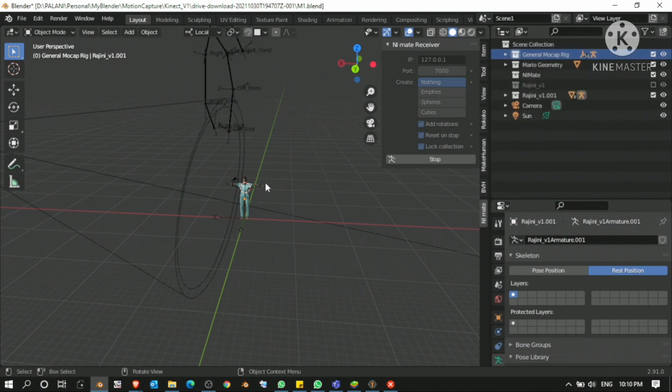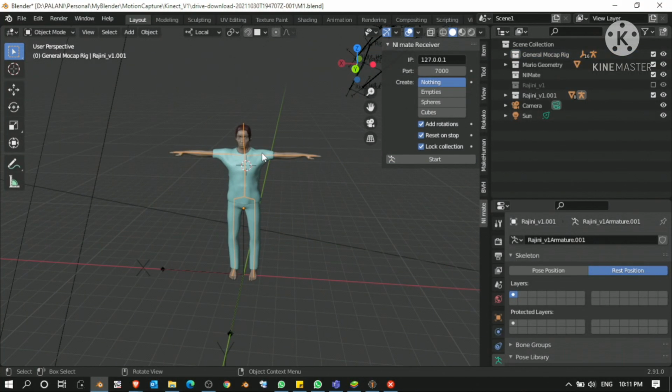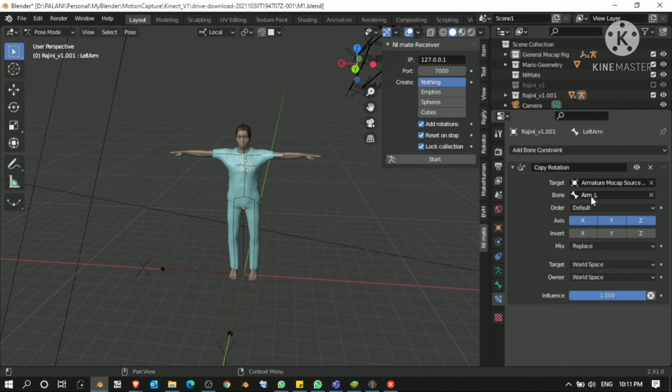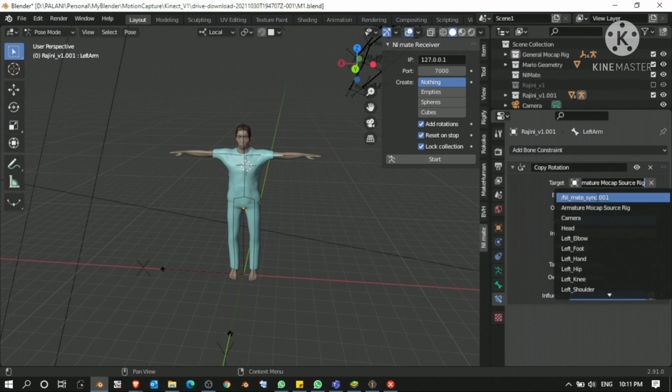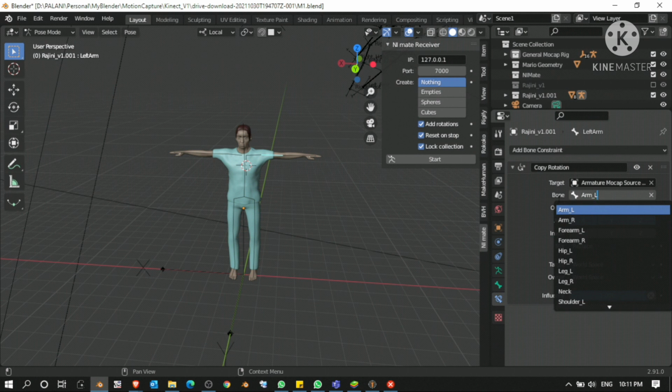Okay, now we are going to retarget from the sample rig which is connected with the device. So first you need to select our own rig and go to bone constraint, in which select copy rotation. Select the target rig, which is the sample rig connected to the device, and select the bone which you want to retarget.